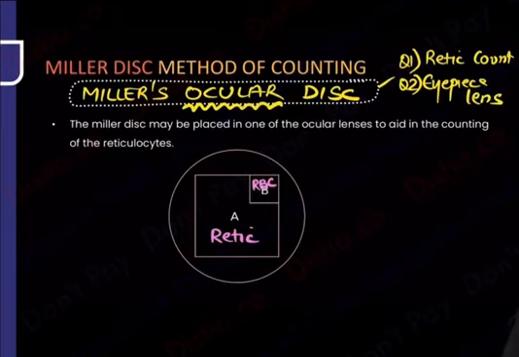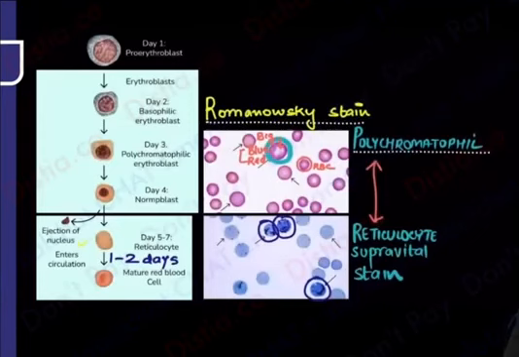So reticulocytes are done. What are you moving on to next? I have discussed everything about reticulocyte. It became mature. What has it become? A red blood cell. So what